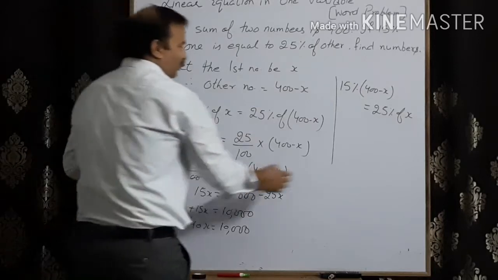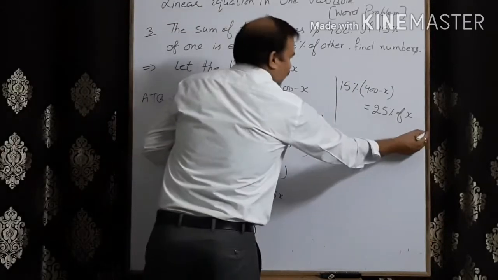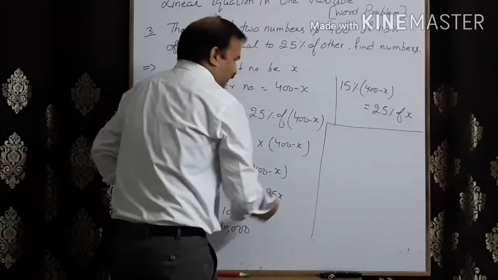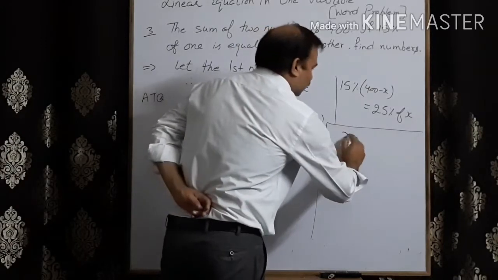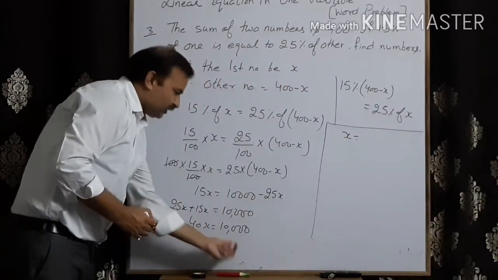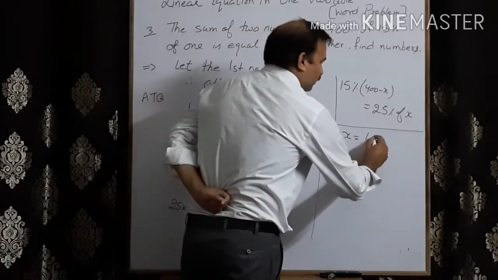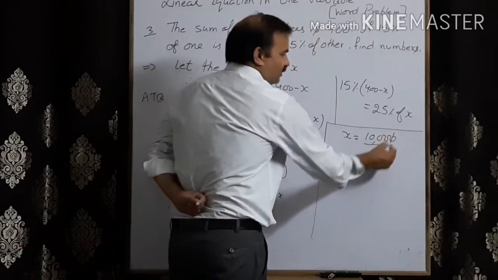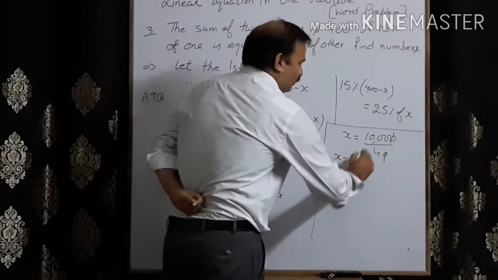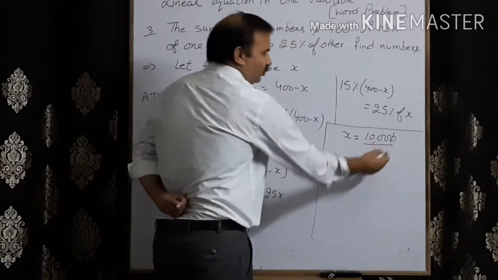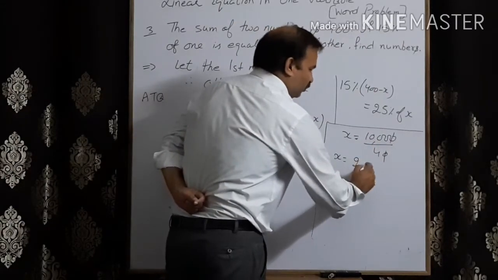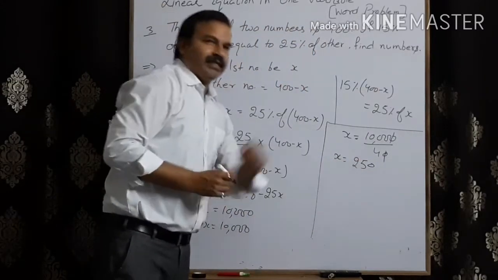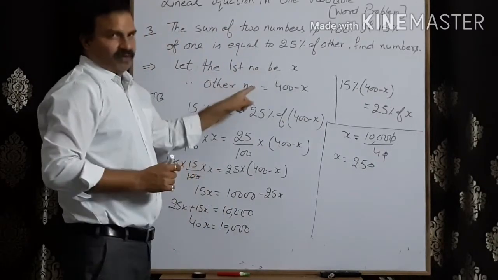Fine. Now the rest of the part I'll do here. So 40x is equal to 10,000. It means what will be the value of x? 40 will come in the denominator, since on the other side it will come in division. So 10,000 upon 40, the 0 cancels with one of the 0s. So x will become: 4 twos are 8 and 2 will remain, 2 fives are 10, 4 fives are 20 and 0. Now what is x? That is 250. Now x is the first number.